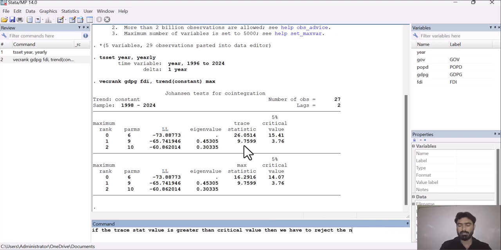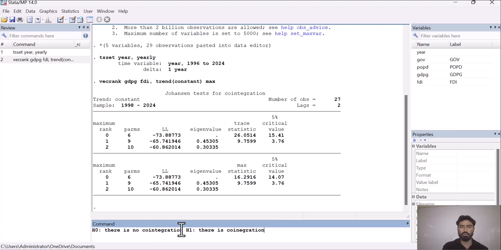So basically, what is the null hypothesis? For this 0, the H naught, or the null hypothesis, is that there is no cointegration, and H1 is that there is cointegration. So these are the H0 and H1 for this 0.